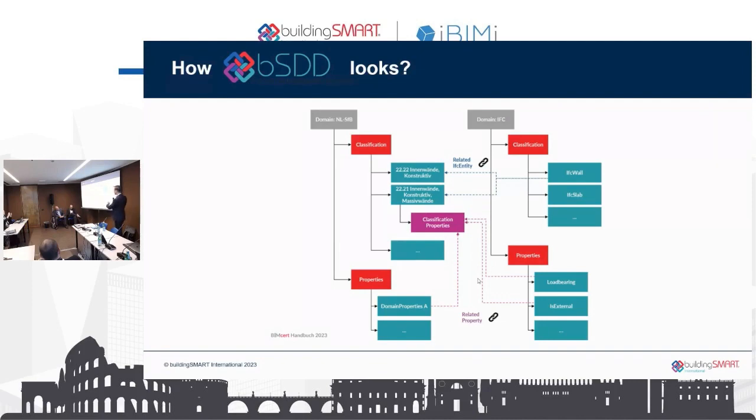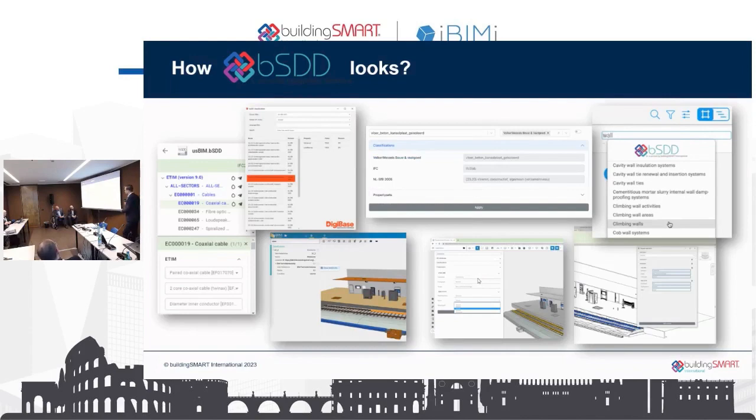And we can also build relations. So the power of the data dictionary comes when you relate it to other things that are already familiar to people. But bSDD can also look like this. I took only some of the implementations in software tools that we have. We will see one of them today at the end of our exercise.